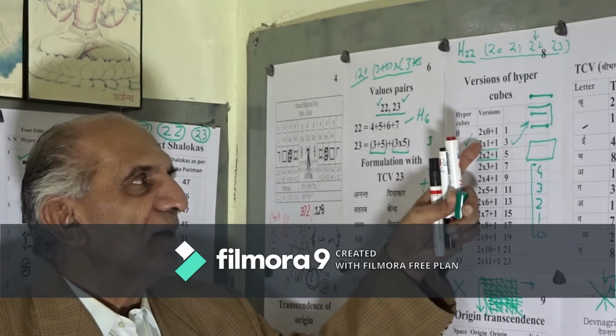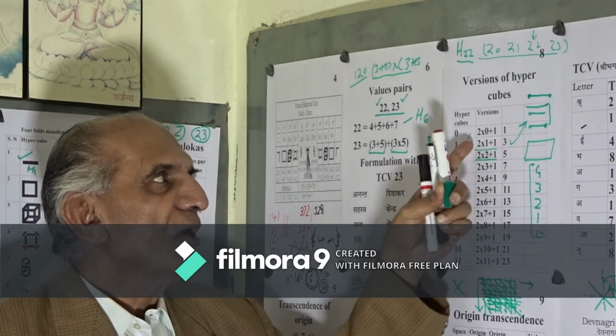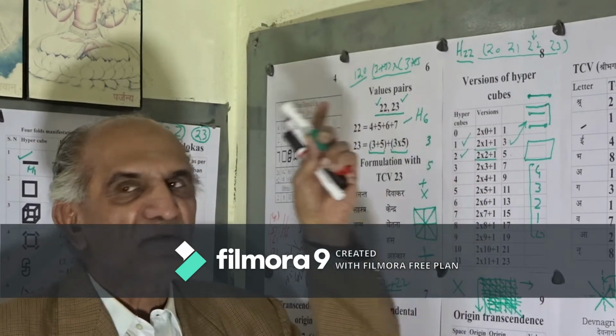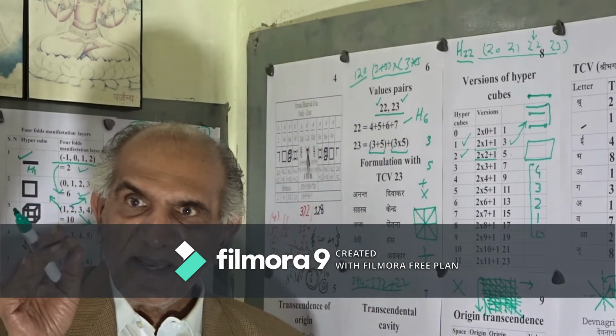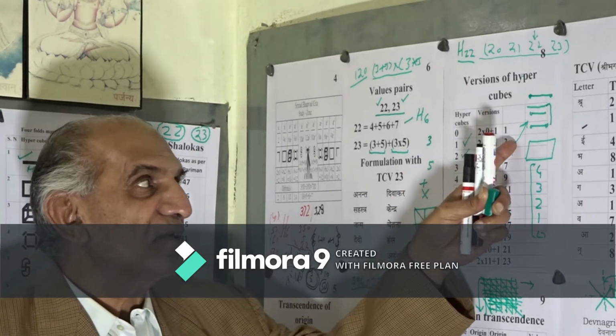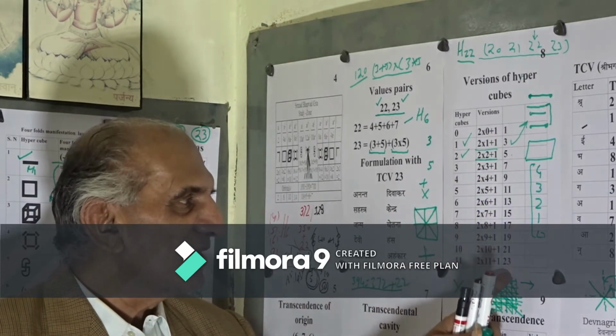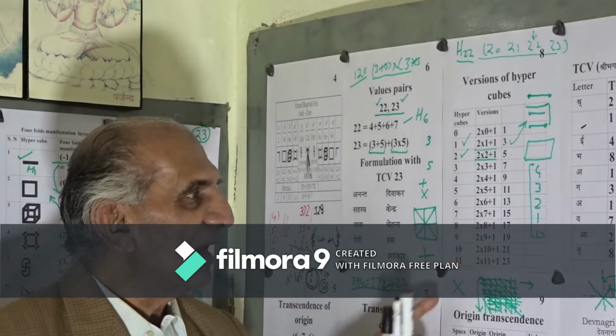Hypercube 1 is having 2 into 1 plus 1, which is 3 versions. So hypercube 0 will give us 2 into 0 plus 1, which is 1 version. So 0 space has only one version, but 1 space has 3 versions. 2 space has 5 versions. And when we proceed like that, then it is hypercube 11,